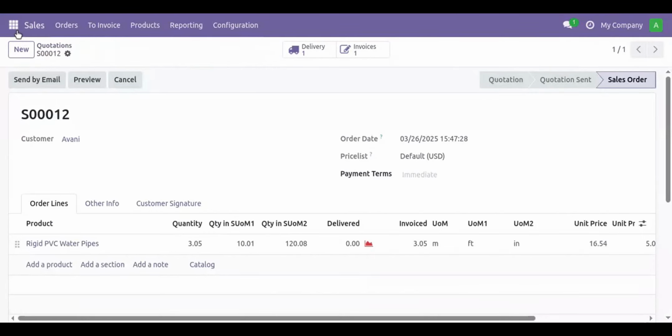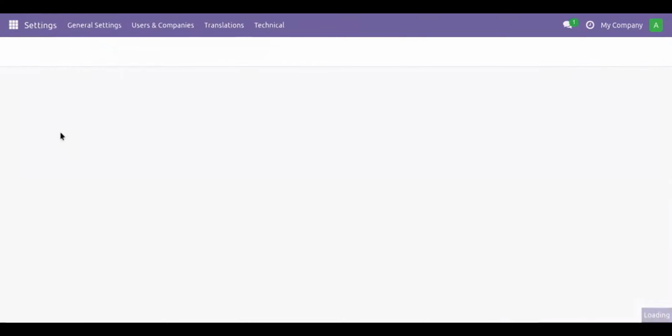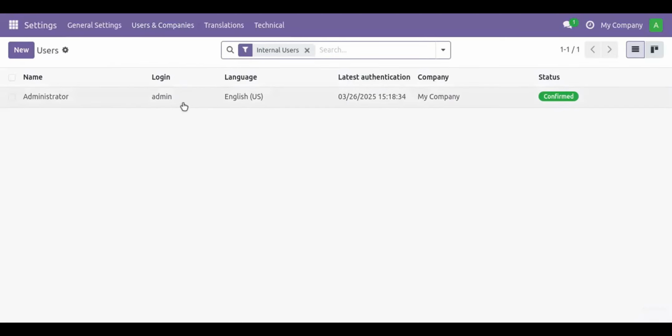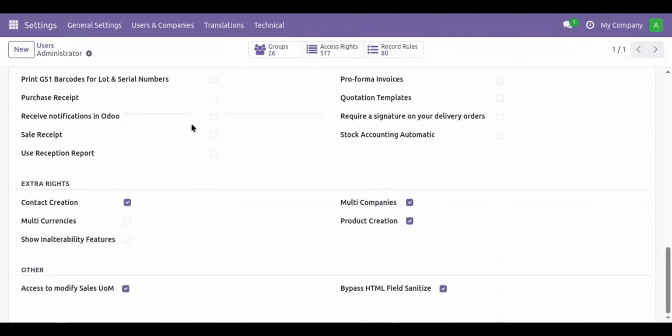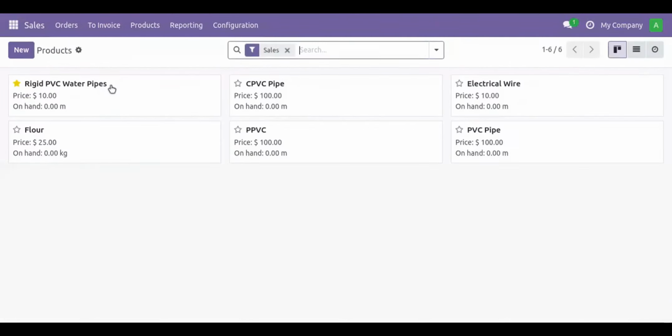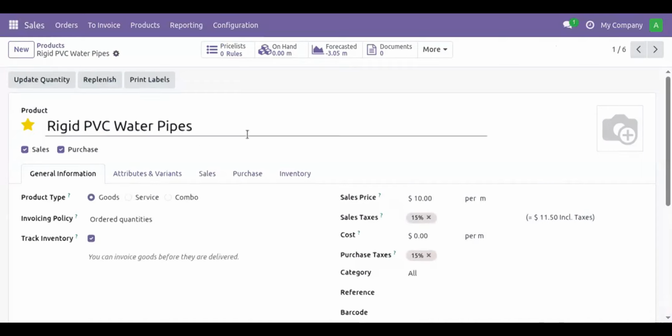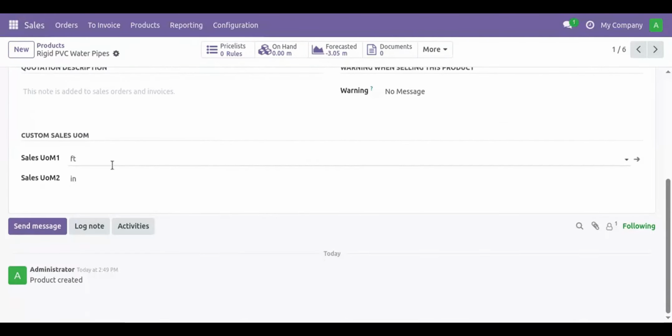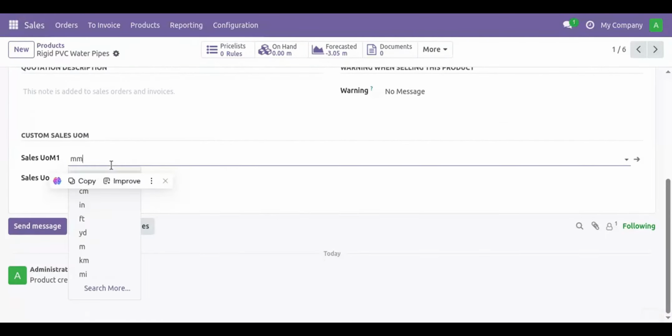And now let's see what happens if a user doesn't have the ability to change the sales UOM. So let's disable this feature, and then we go to the products and let's try to change this.